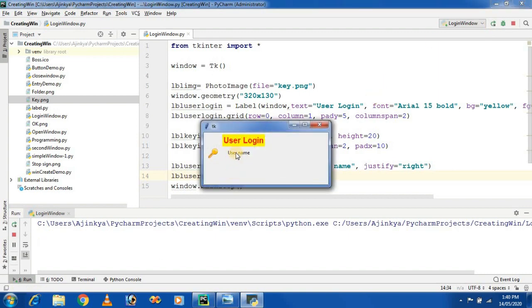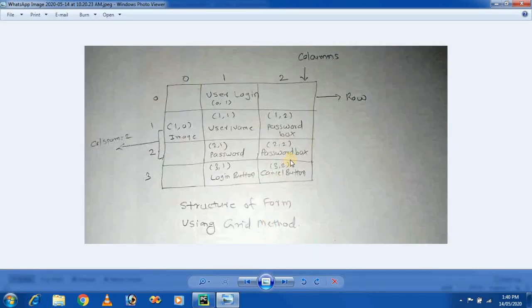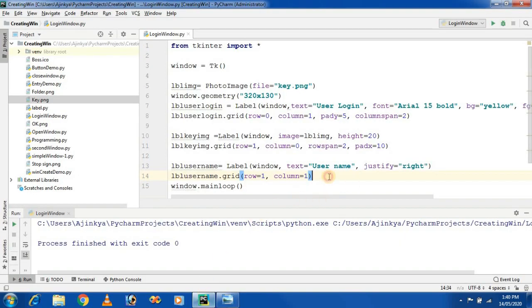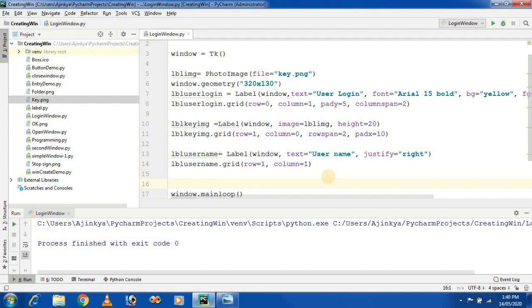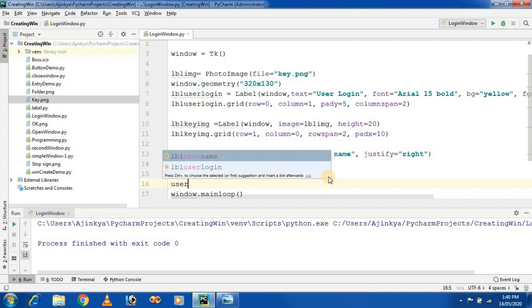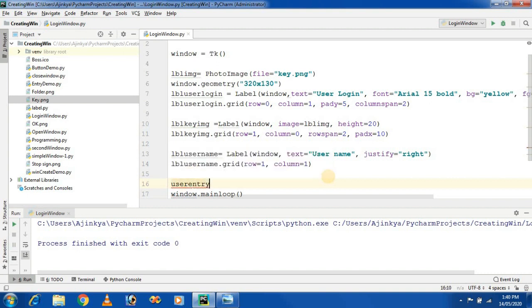So this is our label. In front of this username, I am placing a text box. What is the position of the text box? The entry box is at row number 1 and column 2. For this I am creating a name, user entry. How can we create a text box in Python?